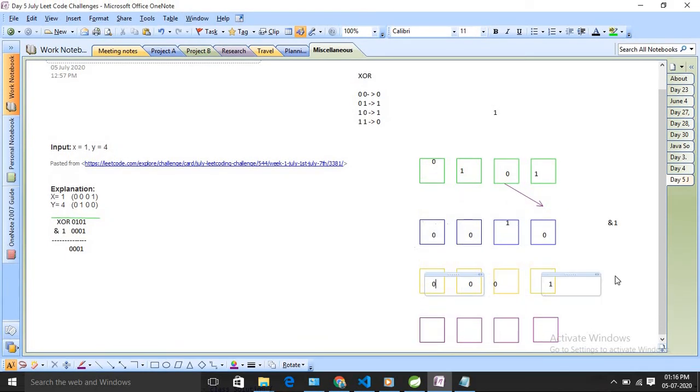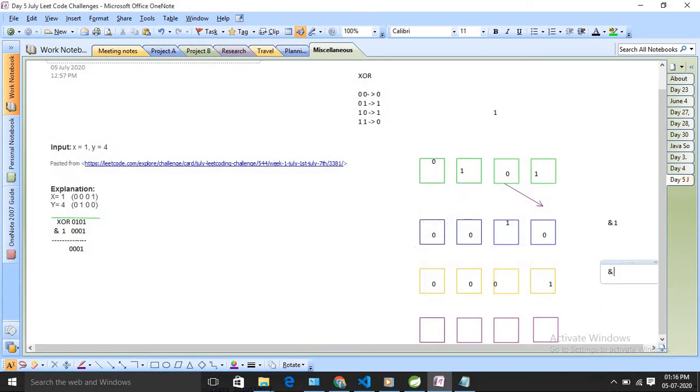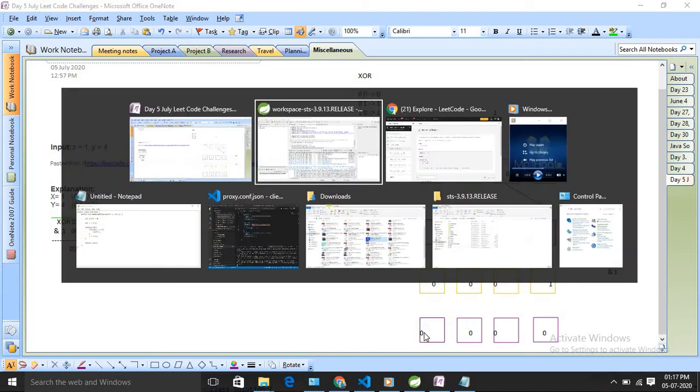Now again I will do bitwise AND with this number. Again I can see that in the last bit I am getting 1, so I will increase the counter, and again I will do bitwise shift. I will do this bitwise shift until and unless my number becomes 0, right? So this is the algorithm I am going to follow today, and whenever the number becomes 0, then you can return the counter, right? So let me write the code for the same